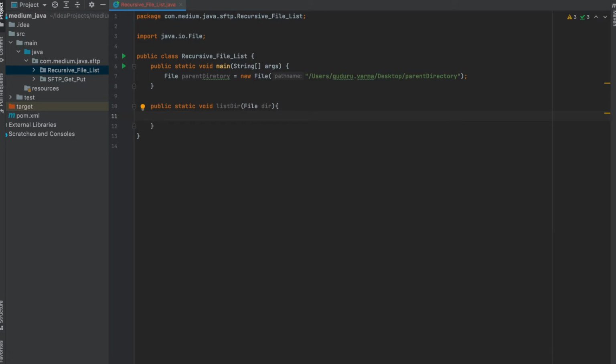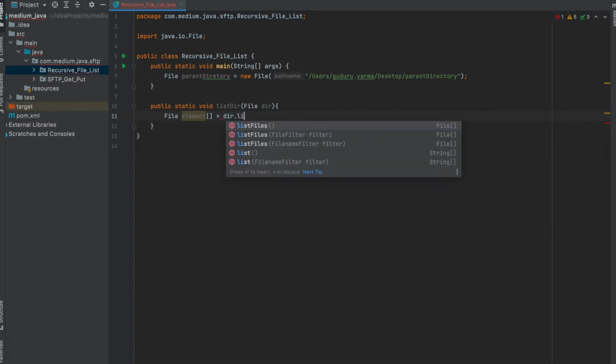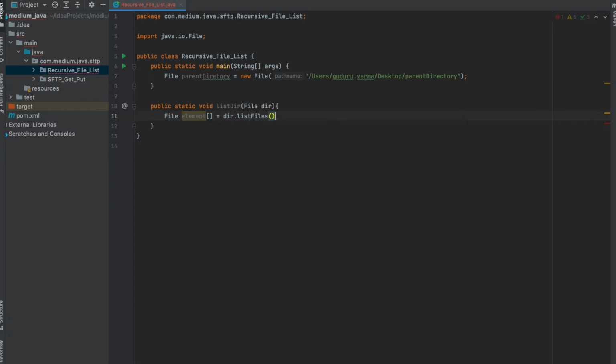Inside this listDirectory, let us read all the files that are present in the directory, and I will call it elements, of type File array, which will be the directory dot listFiles. So all the elements which are inside this directory will now be available in the elements variable.